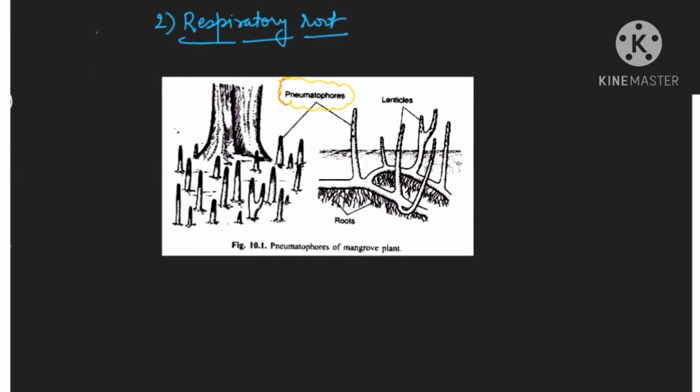So respiratory roots are also known as pneumatophores and they are negative geotropic. And why are they negative geotropic? Because they are found in the marshy areas. Means they are found where the water logging is too much and the roots need to respire. So when they come out negatively geotropic, if you see here, the pores are there and these pores are known as lenticels, which are meant for the gaseous exchange. So they are meant for gaseous exchange.